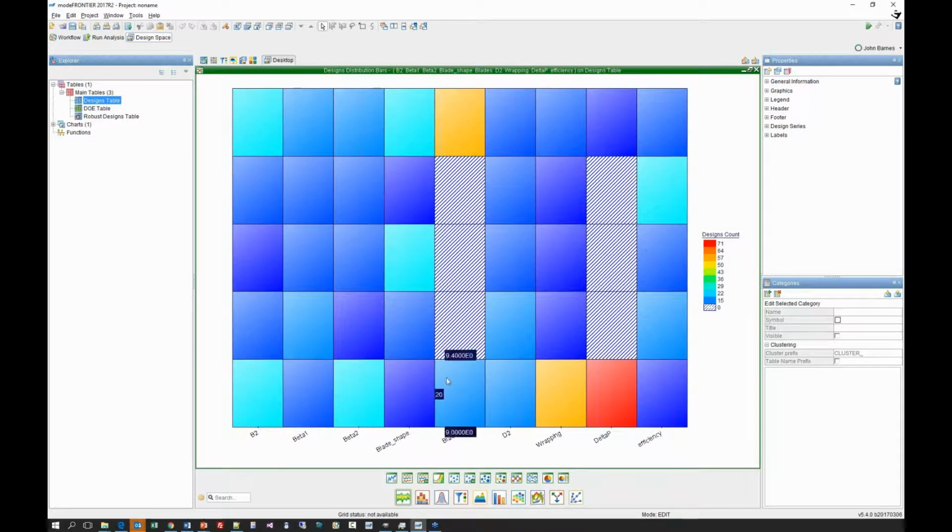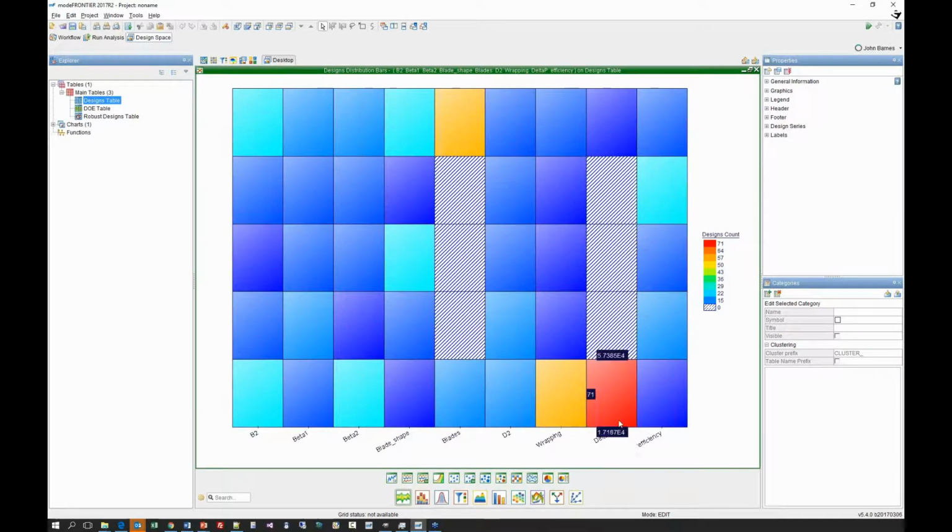So what this is showing is that for each one of our variables, I can look on here and I can see that this cell represents all the values between 6 and 7.2, and if I go up, it goes up that variable range, and then it shows on the left how many designs are in that region. So we can see here that we've got 71 designs in this cell, but only one design in this cell. So it's saying that for delta P, it's unevenly distributed across this variable.